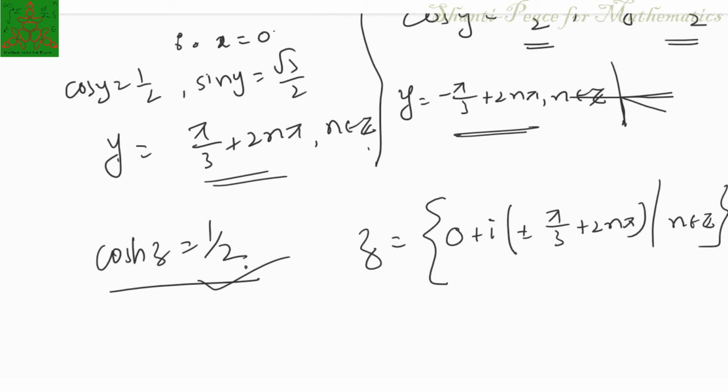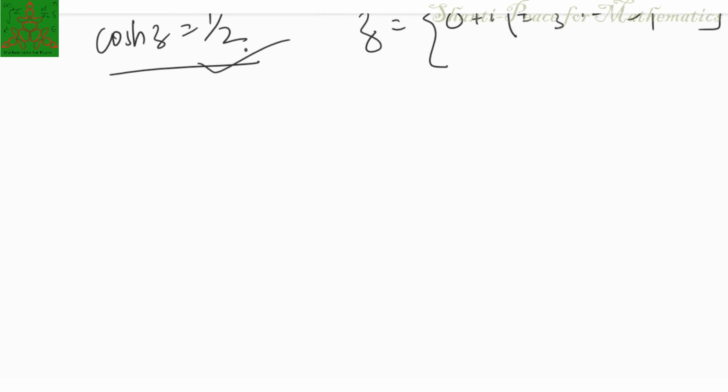Let us recall what we did. We have discussed the hyperbolic functions. We have defined the sine hyperbolic and cos hyperbolic functions, and their properties. We have found the real part and imaginary part, the modulus, and the zeros of these functions. And we have solved some transcendental equations which involve the hyperbolic functions.